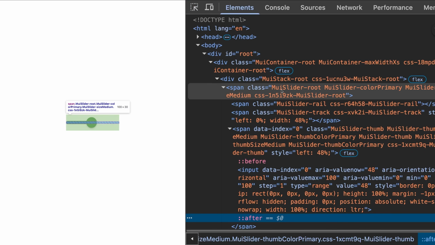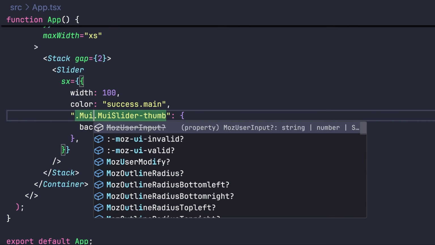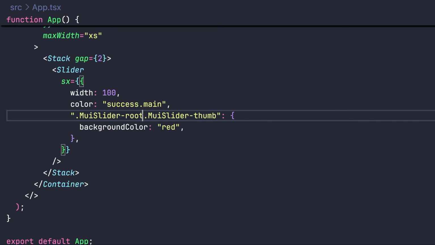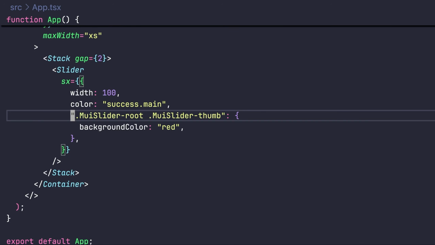First of all, we need to select the MUI slider root, then its thumb. So if I do something like this, MUI slider dash root, and also don't forget to put a space here, because we are selecting this CSS class inside the CSS parent. But the result here is similar and the color of this thumb hasn't changed, because the rule of it is that in every component that we need to customize,